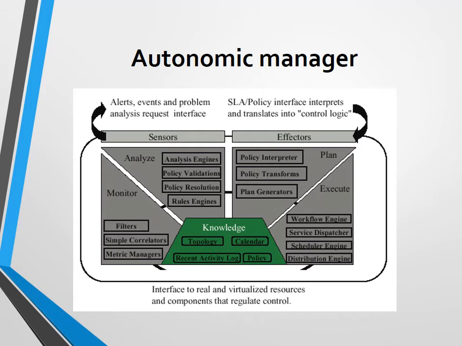This architecture dissects the loop into four parts with shared knowledge. The monitor part provides the mechanism that collects, aggregates, filters, manages and reports details collected from an element. The analyze part involves the mechanism to correlate and model complex situations. The plan part provides the mechanism to structure the action needed to achieve goals and objectives. The execute part provides the mechanism that controls the execution of a plan with consideration for on-the-fly updates. All four parts work together to provide control loop functionality.